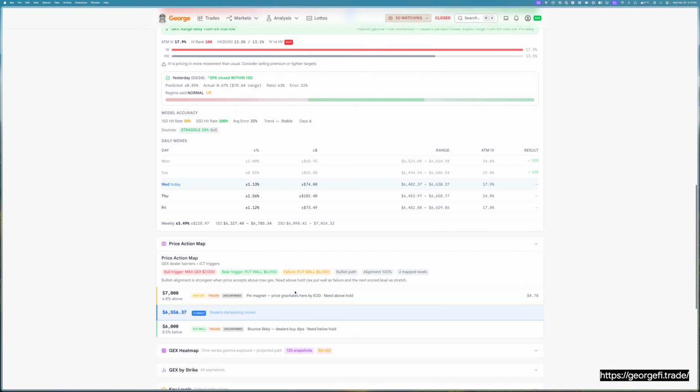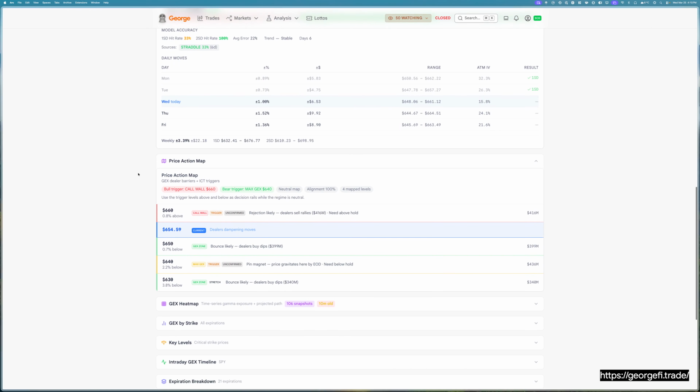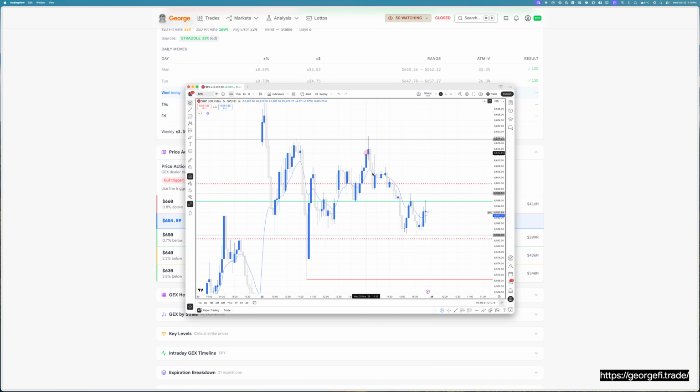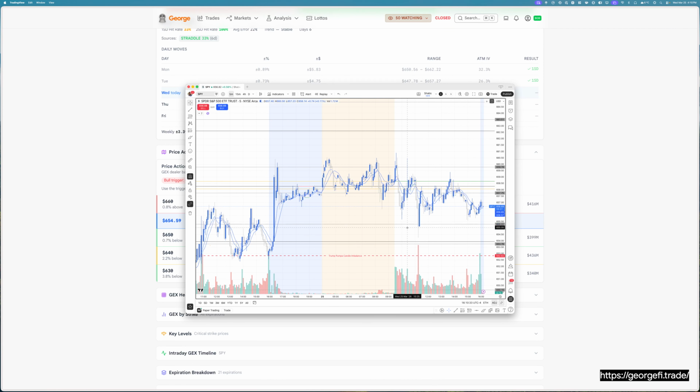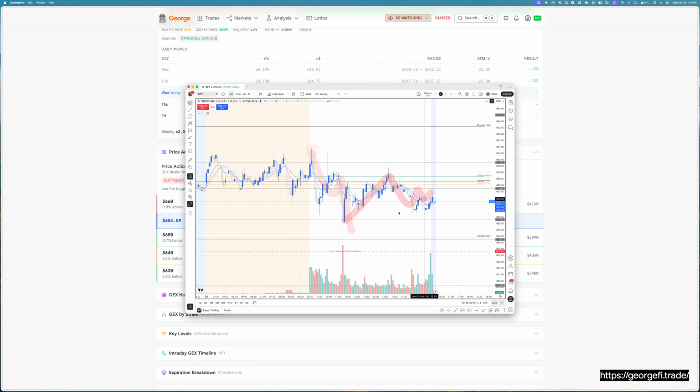positioning themselves with. Price action map, you'll see this kind of get updated throughout the day. I don't know if SPY has a better example. It probably does. And so you'll see this is where you're going to bounce. This is where the dealers are positioned. This is where you're going to get rejection. We actually got rejection at 660. If I go to the SPY chart, it was pretty obvious we're going to get a rejection there because of the dealer positioning. We got that and came back down, grabbed liquidity here, and then kind of consolidated in that